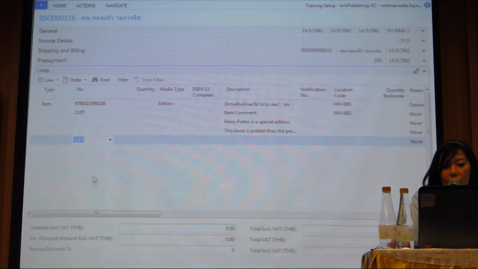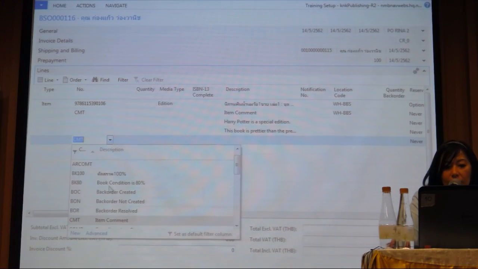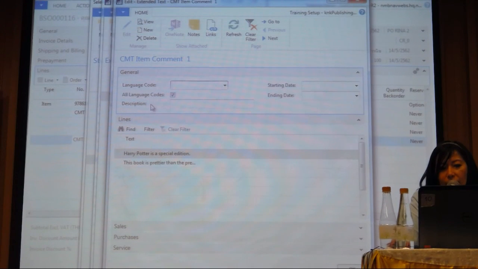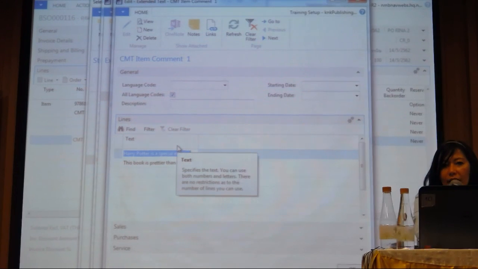And then you just pick, well, highlight the comment you want. Now we select CMT, which is the item comment. Then click advanced, then go to extended text, and there will be extended text above. Okay, so don't create a new one, you just go edit. Don't press new, change to edit instead. And then here in the text you can type in whatever you